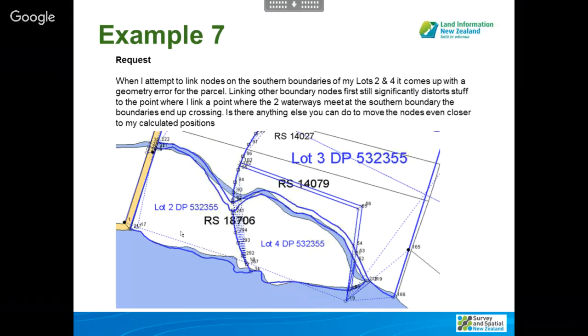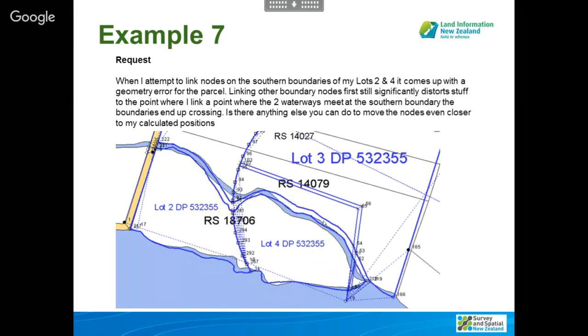So this was another example that came in where the surveyor was having issues with the waterway going through the survey. And when they tried to link marks down the bottom here, it created overlaps and created significant distortion. And we put this example in because this is another example where the hydroparcel, which extends down to the river, back to the road, can be extinguished and a new hydroparcel created for the definition without us having to change